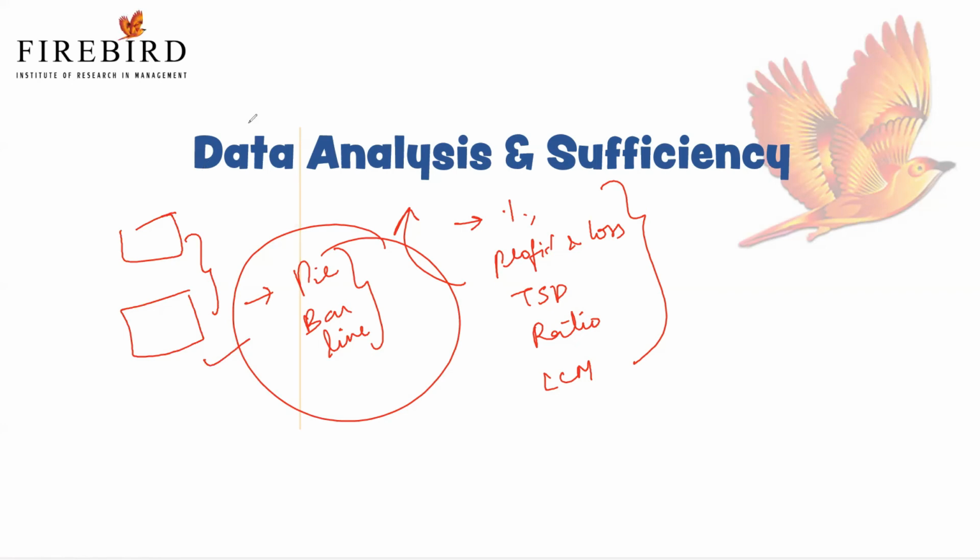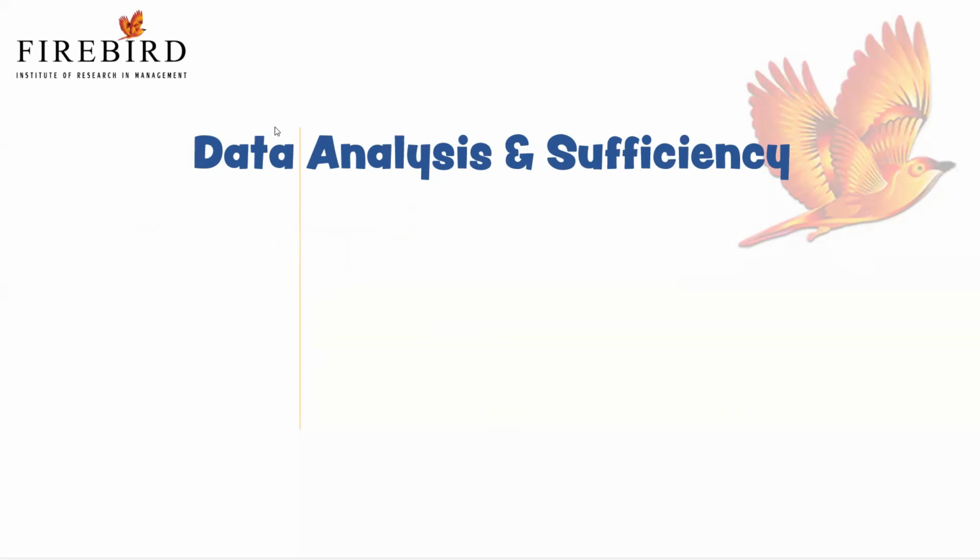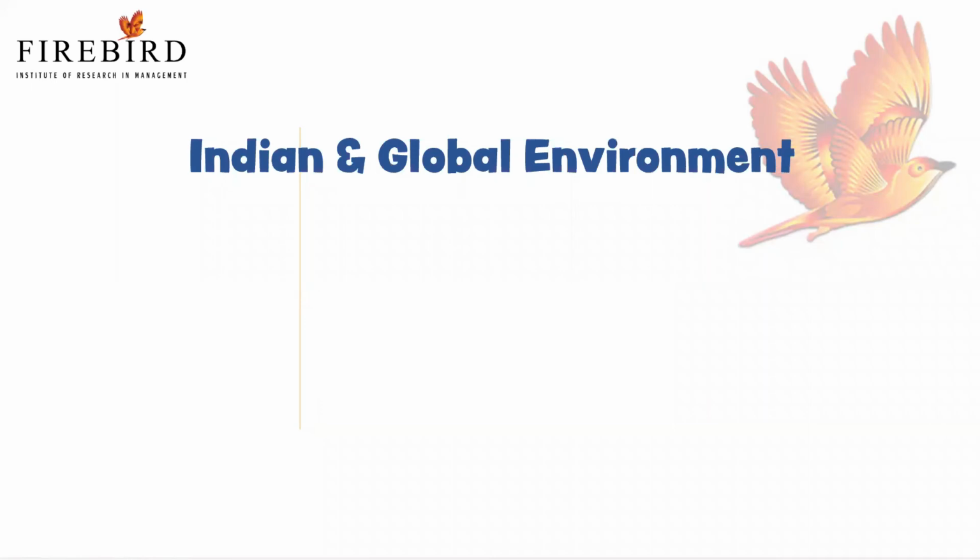And next, when it comes to Indian and global environment, my suggestion is to read daily newspapers, and definitely it will help you to crack the group discussion part when you apply for colleges. It will also help you clear the interview part. Just make a habit, try to read a daily newspaper for 45 minutes to 1 hour. A newspaper is not mandatory because many daily updates are available on various websites on the internet. You can also go through that for short notes, and that will help you to crack the Indian and global